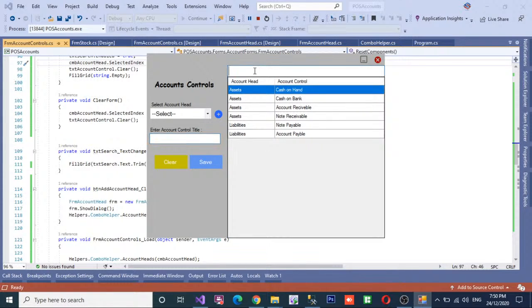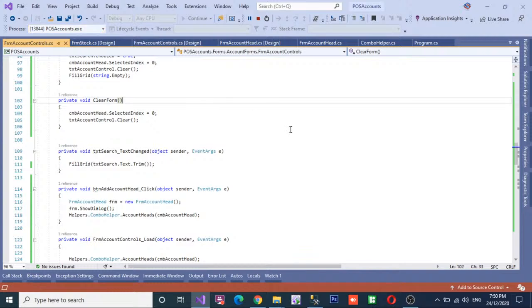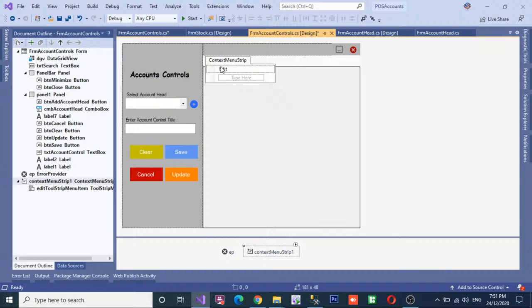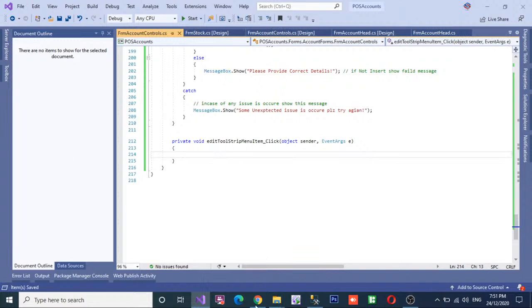Okay, and enter here assets. So all the assets are shown, all the liabilities are shown, cash on hand, bank. So it's working. Now close and go to configure the update functionality. So save and then go to this context menu step and click on the edit button, and then open